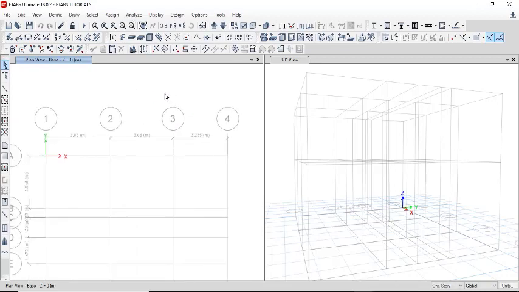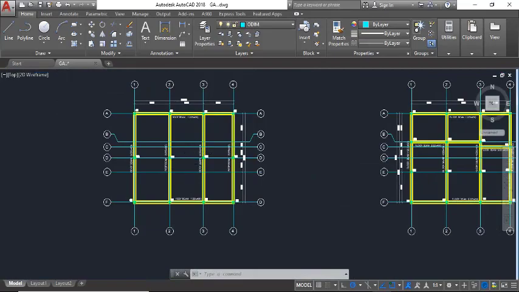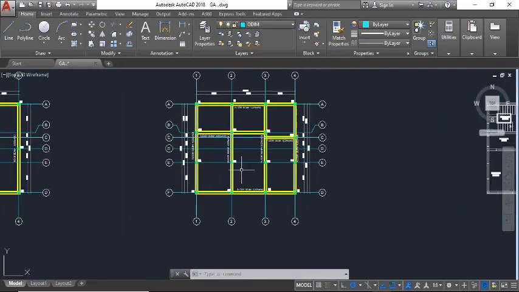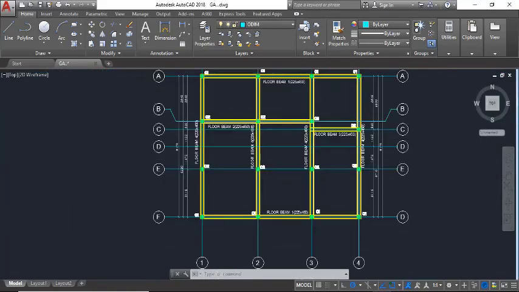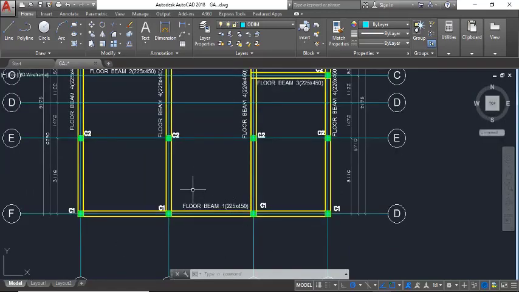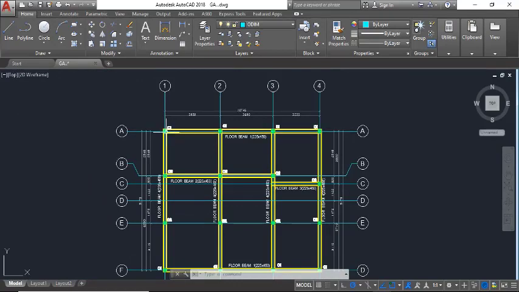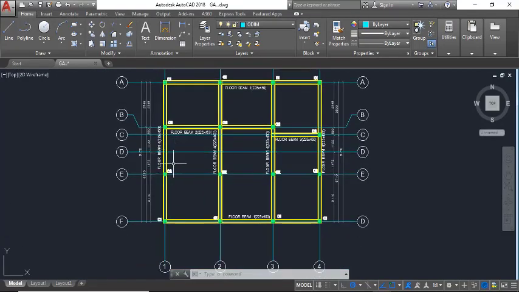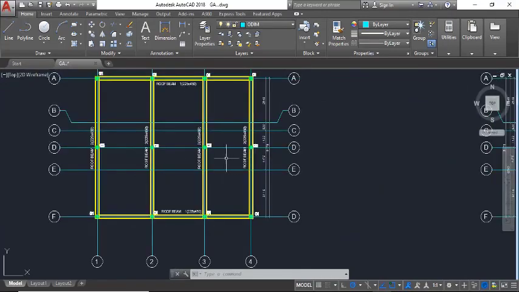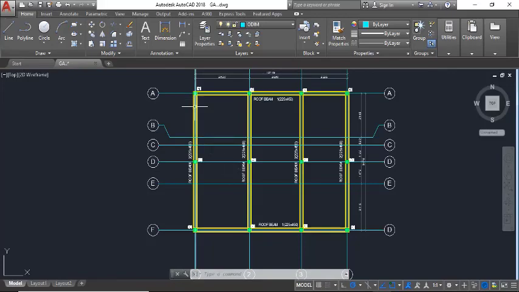One of the things I would like you to see is that if you check our AutoCAD drawing, our general arrangement, you will notice that the arrangement of the columns at the floor plan is different from that at the roof or at the other floors. Here at this side, our column is placed at the intersection of A1, B1, E1 and F1, and it goes through all these, and you can see the arrangement here. Coming down to our roof beams, this is our layout. We see that we have only 3 columns here, 3, 3 and 3.